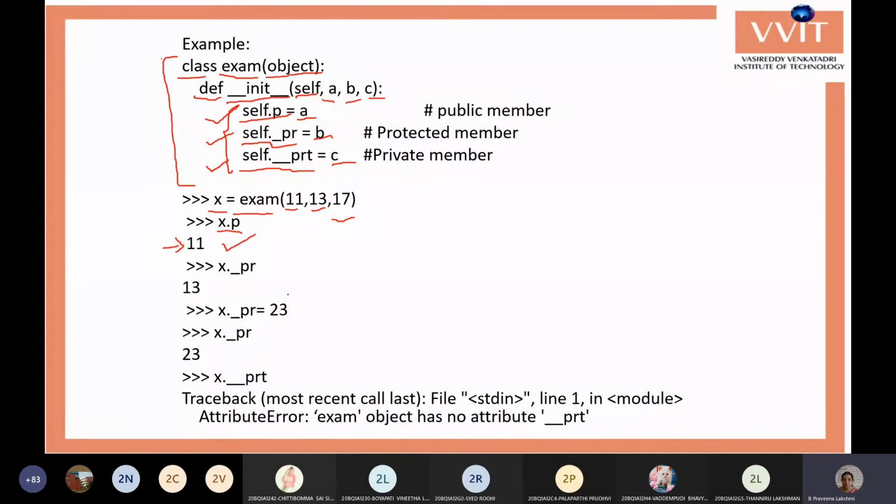Once again, I will show you this example through IDLE.